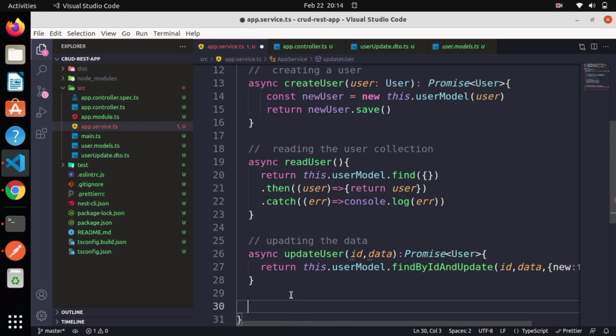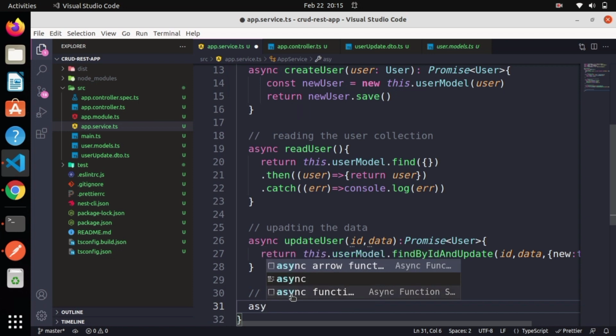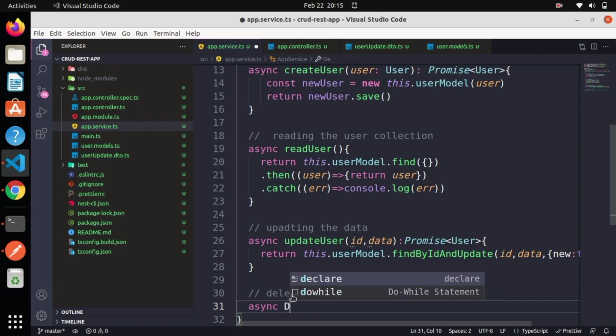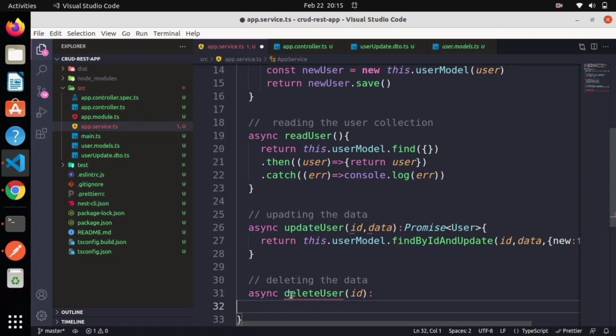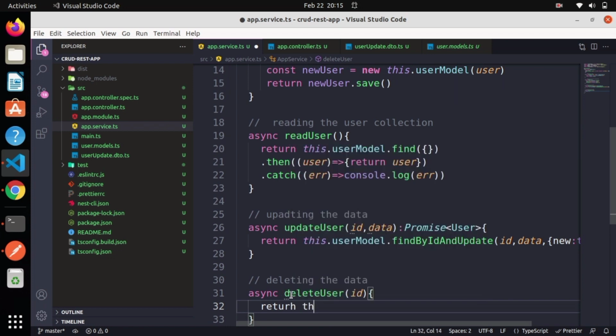Okay guys, we are also done with the updating, and now deleting the data, which is the last part of CRUD. Okay, it is also going to be an async operation. Let's say delete user. It also has an ID, because you have to specify which user has to be deleted. For that you have to use a method. For deleting the user from the database, there is a method called, oh, I'm misspelling here,